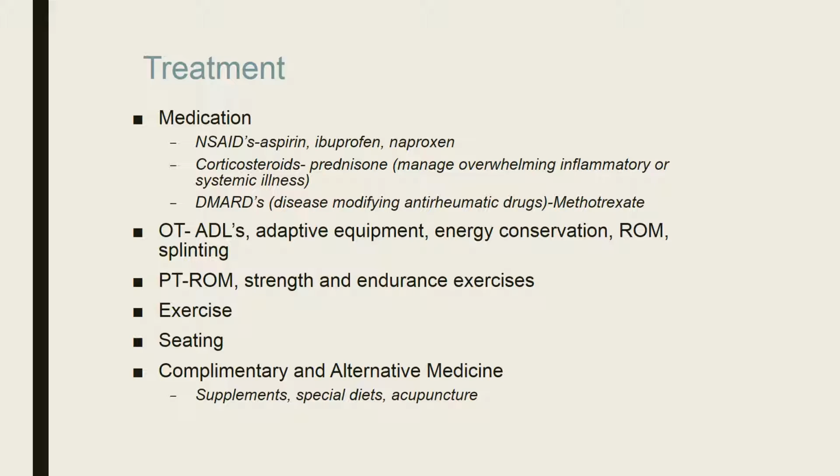I know one of the kiddos I worked with was prescribed methotrexate, and it just really wreaked havoc with her stomach. A lot of side effects, and so it was a combination of how long do we leave her on corticosteroids, when do we add methotrexate, let's give her a break off the corticosteroids, okay, she seems to be doing better, let's wean the methotrexate off, and then she'd have another flare-up, and then they put the methotrexate back on. And so it was very frustrating for the family, and they were really managing a lot of nausea and vomiting, trying to weigh the pros and cons with her inflammatory state and pain and those sorts of things with these